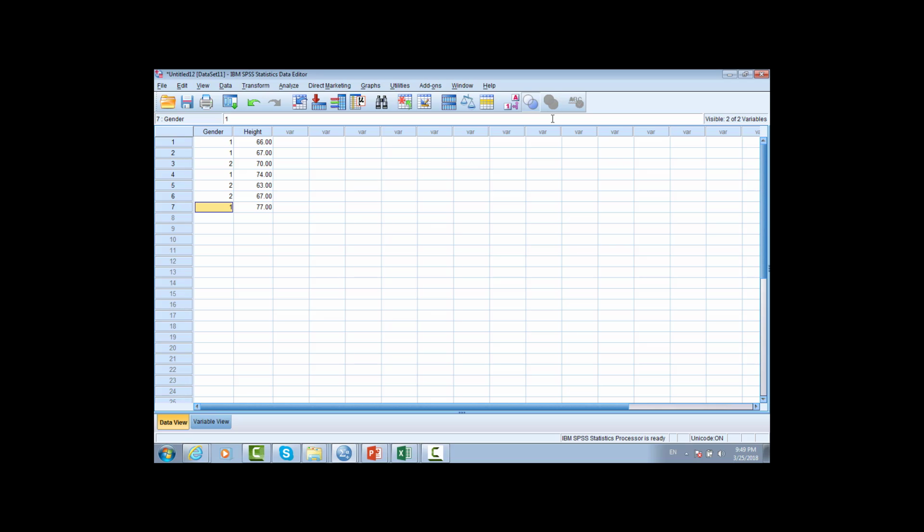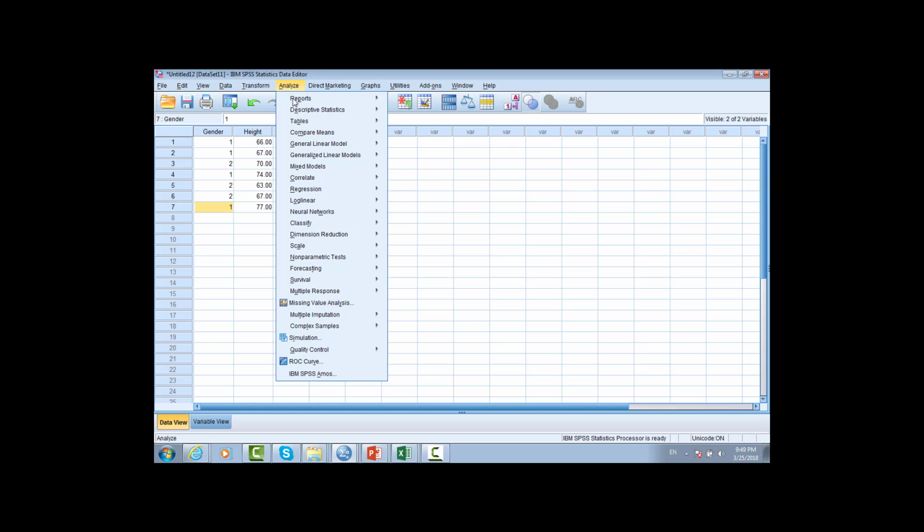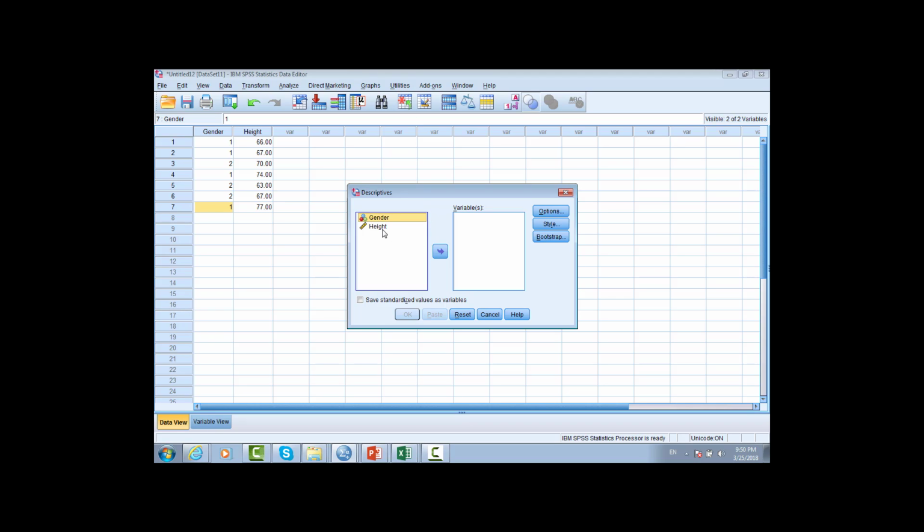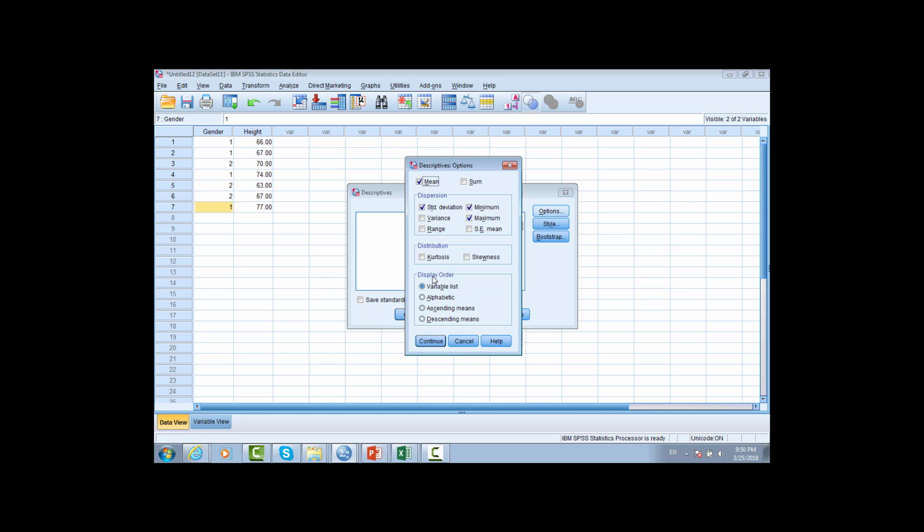descriptive, do the analysis. So what we have to do, we have this data set up. Now we can do the analysis. How? I go to analyze, and then descriptive statistic, then descriptive, then we can add now your gender and height. Let me say for gender first, both of them, gender and height, option, okay, straight, okay, this is sum, okay, continuous,